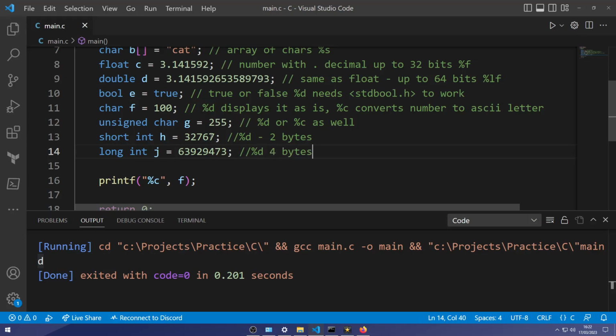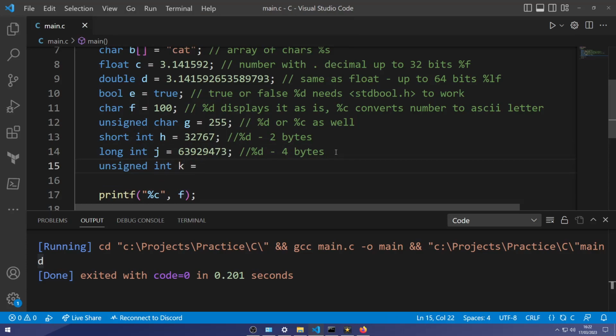So long int only stores whole numbers, no decimals, and it contains up to 4 bytes of numbers. Long int is also the same way of saying just int by itself. So int by itself is actually just long int, but the shorter way of doing it is just int. An unsigned int is essentially the same thing as a long int, but we can add a letter to the end of it. We might just use a character such as U that ignores warnings and errors.